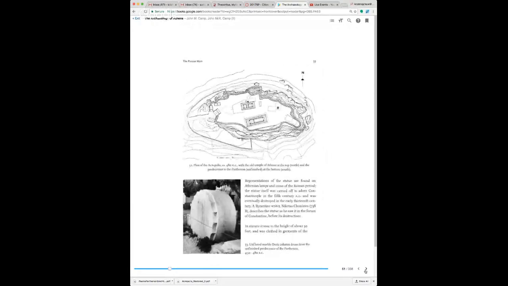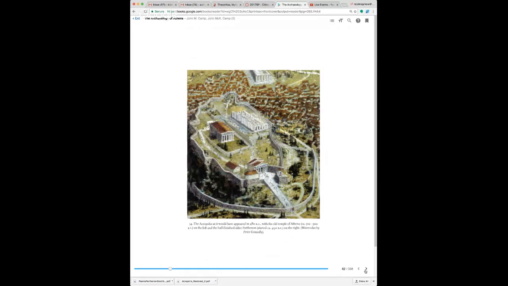Now, after the Battle of Plataea, the Athenians took an oath that they would not rebuild any temples and monuments that had been destroyed by the Persians, really as a sign of memorial. So in other words, if this was the Acropolis before the Persian Wars, this is an older temple to Athena, an older Propylaia, and this is a temple to Zeus that was not finished, and an older Parthenon. All of these were destroyed. They were burned to the ground. We can see that because of the burning of the stone.